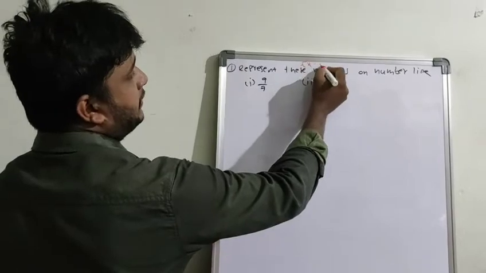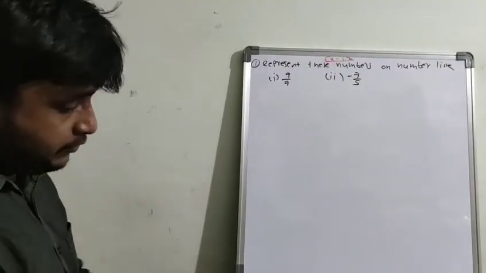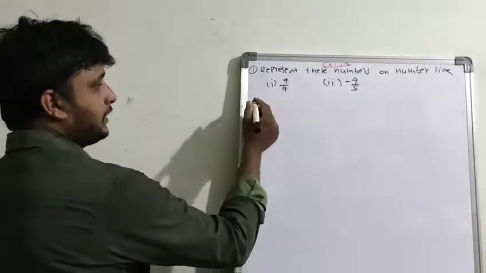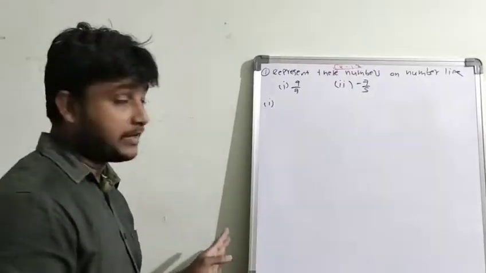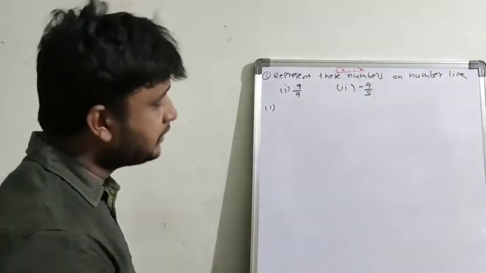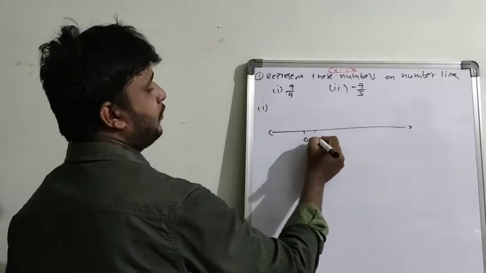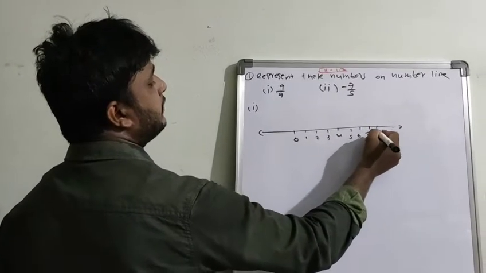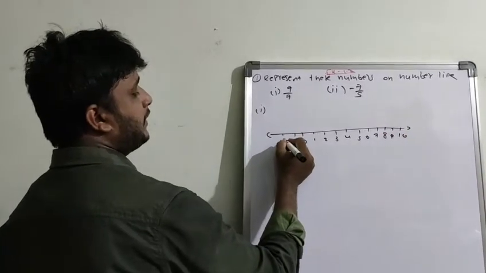So exercise 1.2, first question. So students, look at the board and represent these numbers on a number line. First question, 9 by 7. So you have to take integers, but on the positive side we have to take 9 numbers, right? Because we need 9 by 7, right? So that only, this is 0, 1, 2, 3, 4, 5, 6, 7, 8, 9 and 10. And here -1, -2 and so on.